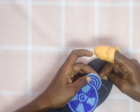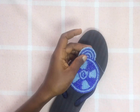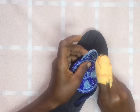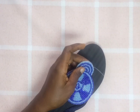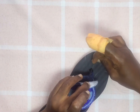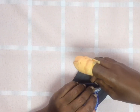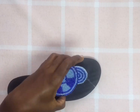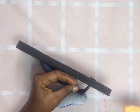So we are sewing. We are almost done sewing because I went ahead to sew some offline so that we wouldn't waste much time. But most of my sewing, I'm doing it in between the beads or in between the circles. And I try to create a knot anytime I pass my needle through the bias, so that in case there should be a disaster anywhere, the whole thing won't be ruined. You get it? So make sure you sew as securely as you can, because you can't go through all this hassle and sell